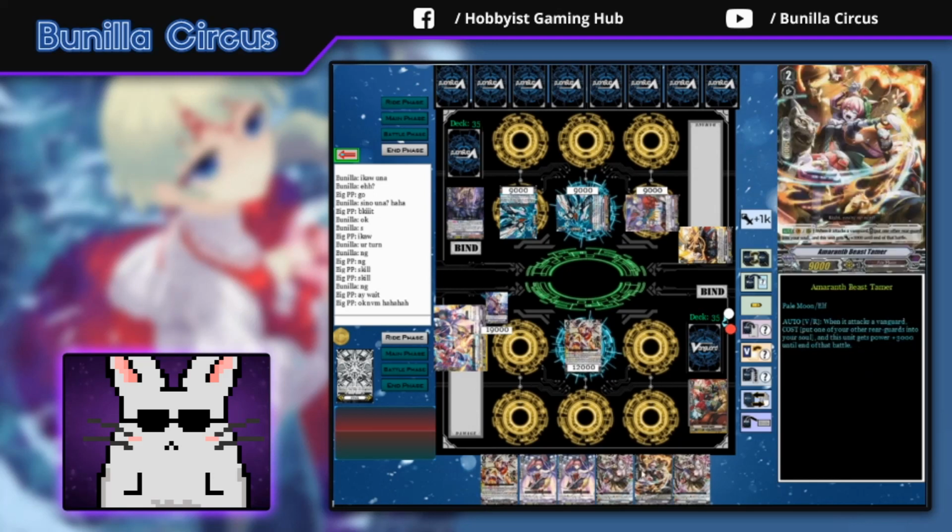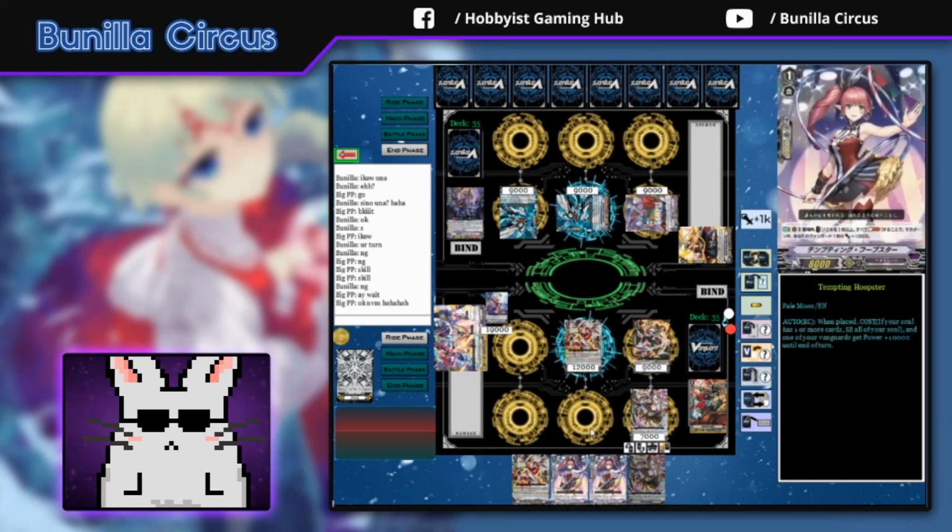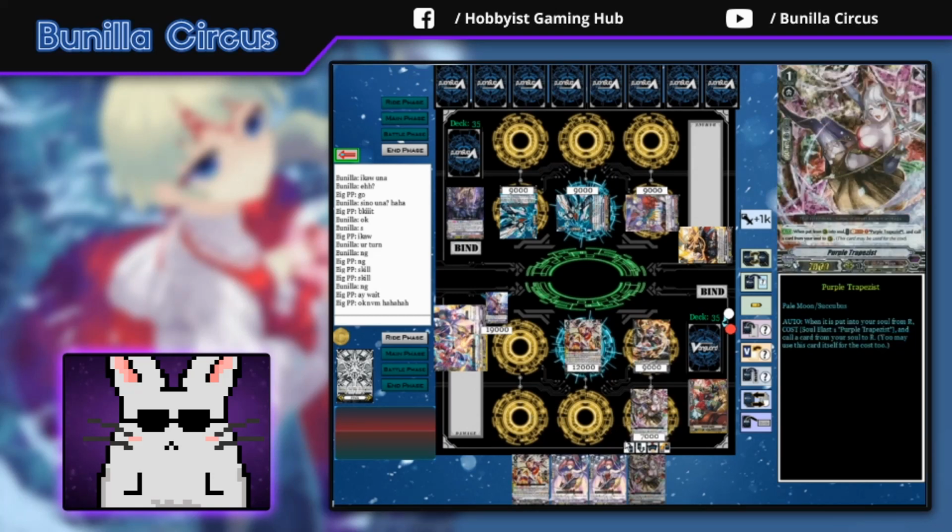You know, because we can still restand, simply because we can Soul Blast everything else after using Fesbright Escaper. So, and as well as Tempting Hoopster. So we call down, sorry about that. So we call down our units in order to deal some